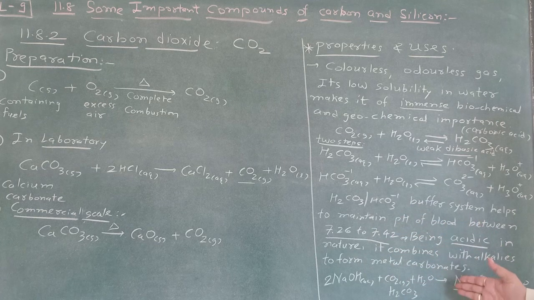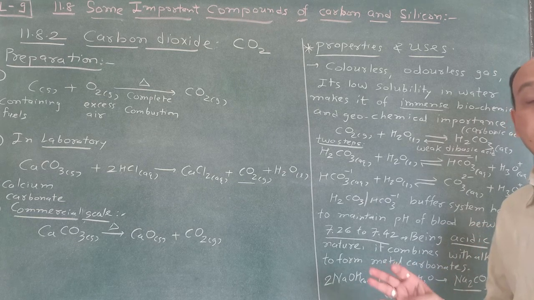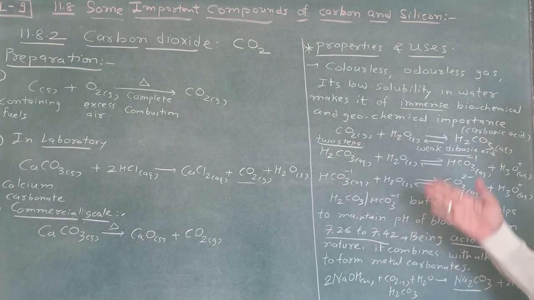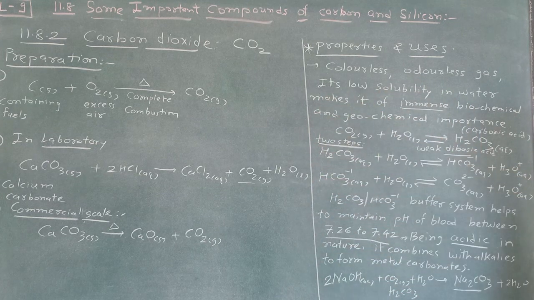So this is all about the properties of this particular carbon dioxide. Let us know other properties which are also important. 4 properties are there: photosynthesis, greenhouse effect, dry ice, and carbon dioxide in a resonance structure. It's very important, and you have to learn it here. So make a screenshot of this.